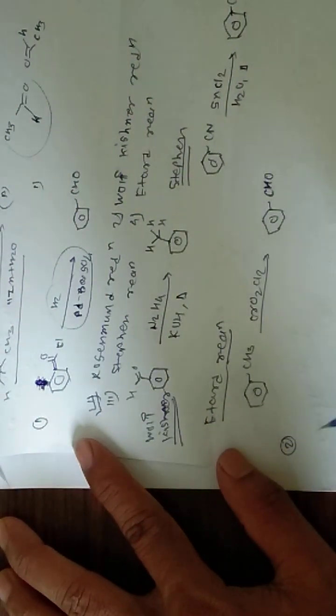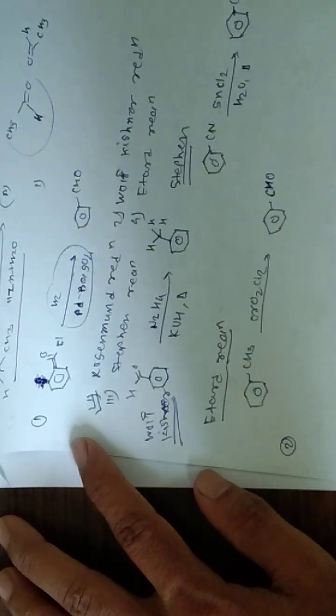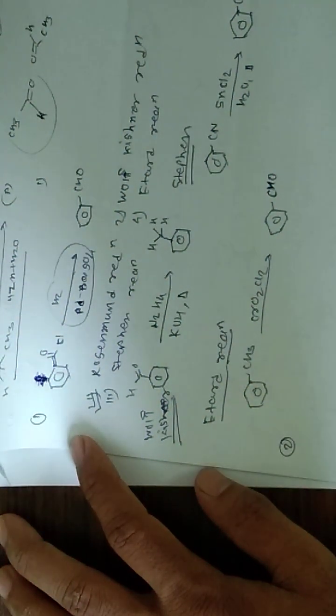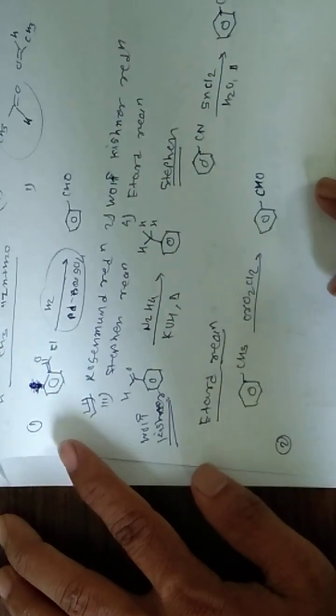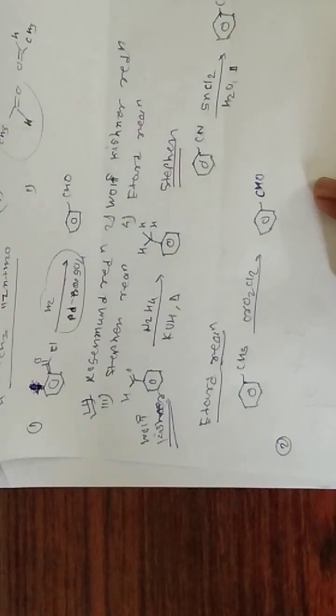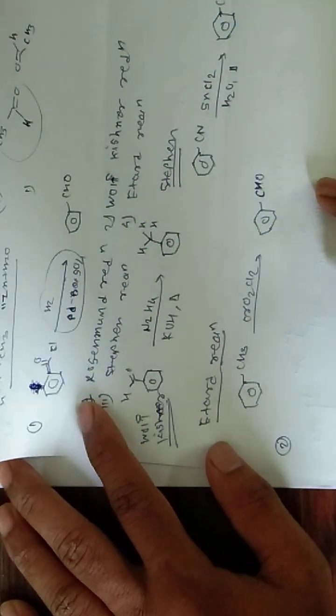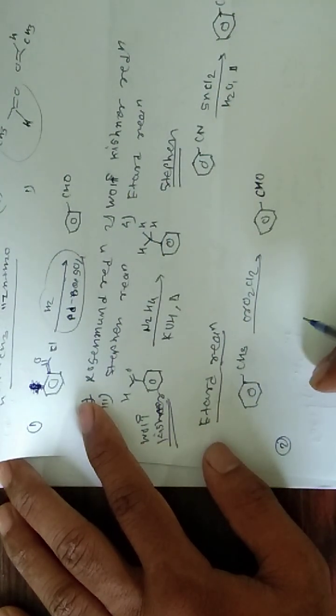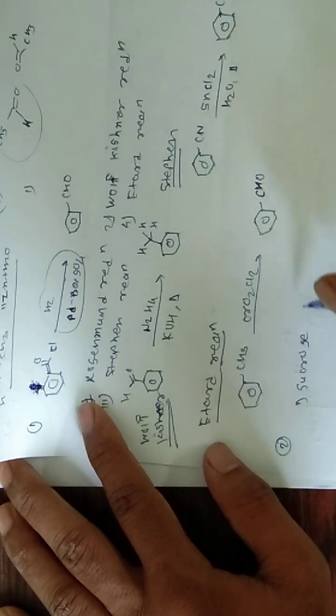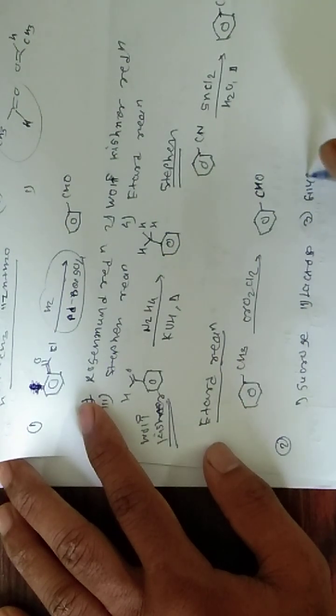So now today's second question. Which sugar does not give reddish brown precipitate with Fehling's reagent? We have also studied in the previous video what is Fehling's reagent or Fehling's test. Fehling's test is used for the identification of only aliphatic aldehyde group. So here four sugars were given. First one is sucrose, second one is lactose, third one is glucose, and last one is